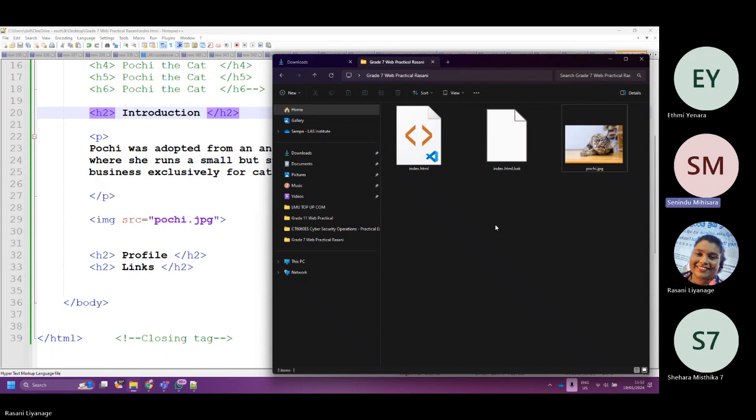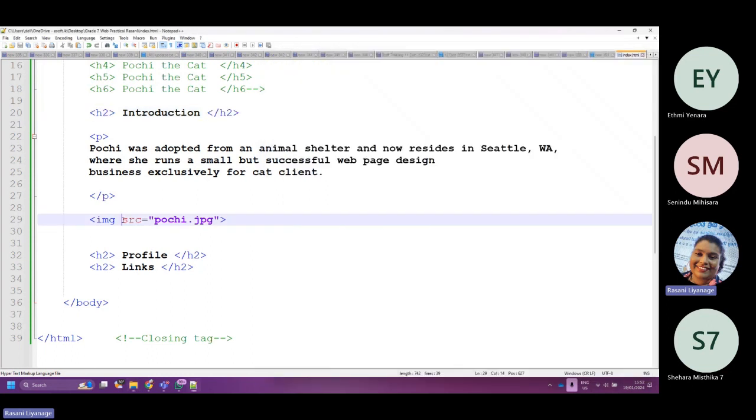Is it correct, madam? Then why isn't this working? It's correct.